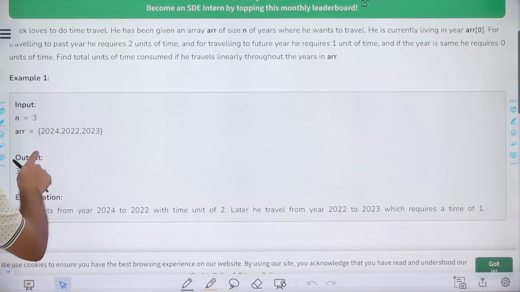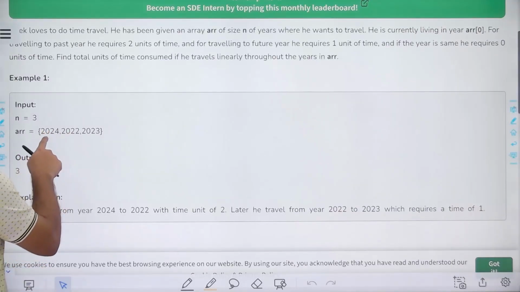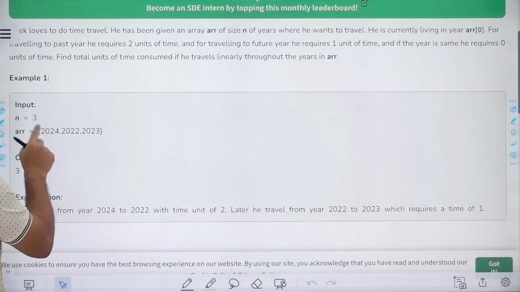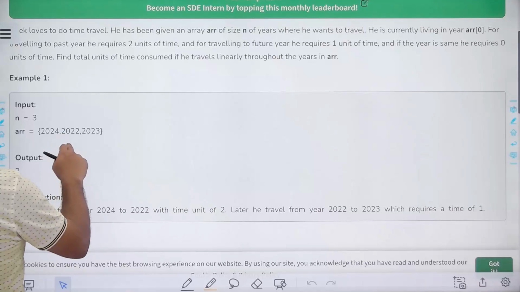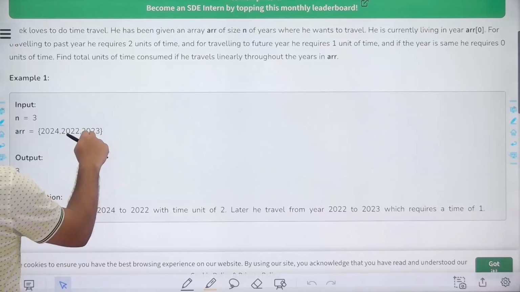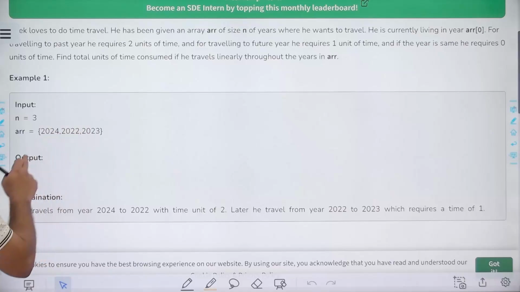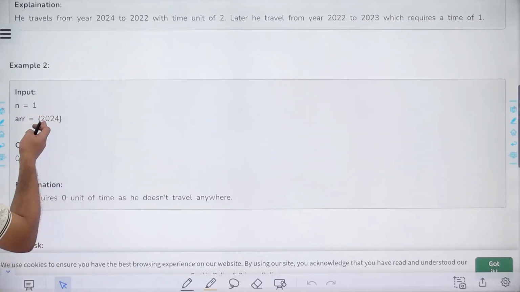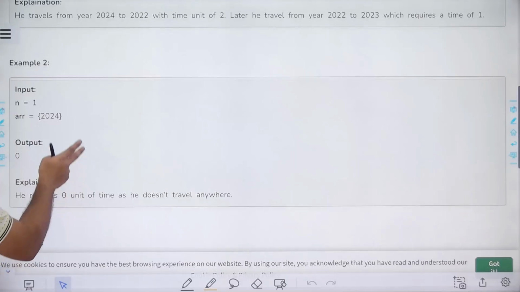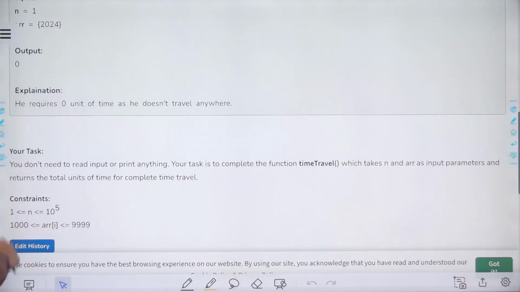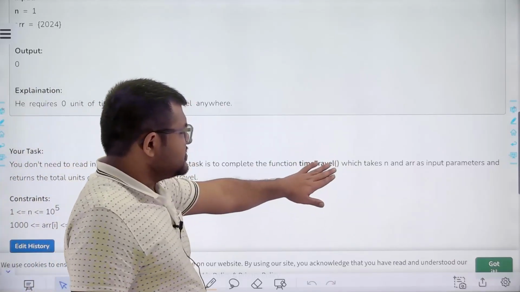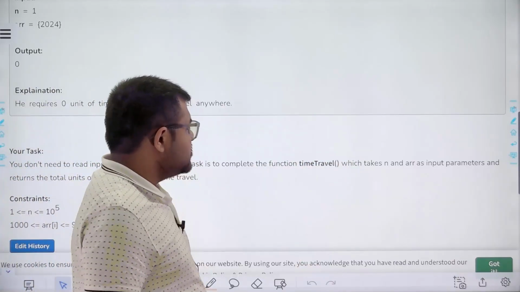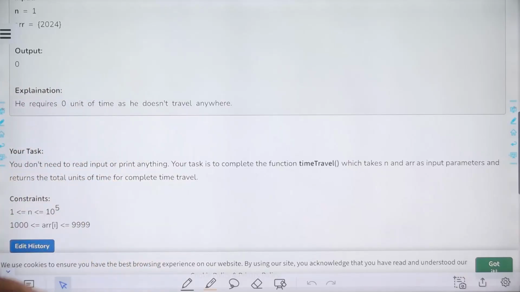For example, initially Geek is here, then he goes here. Now he is going to a past year because 2022 is less than 24, so 2 units of time will be consumed. Then from 2022 to 2023 he is going to the future, so 1 unit of time will be consumed. So 2 plus 1 is 3. Now here he is only in 1 year, he is not traveling, so 0 units of time will be required. You don't need to read input or print anything. Your task is to complete the function timeTravel, which takes n, the total number of years, and the array as input parameters,